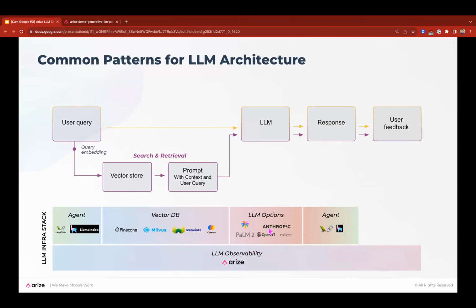You could go directly and take that query and have it interact with your LLM. More than likely, what you're going to do is create an embedding of that representation of that text and start querying your vector store, using something like a cosine similarity to see what's actually similar, what sort of contextual knowledge base or overall article should I pull, retrieve, and bundle. So right here, we're bundling the user query with the context that we retrieve with the prompts.